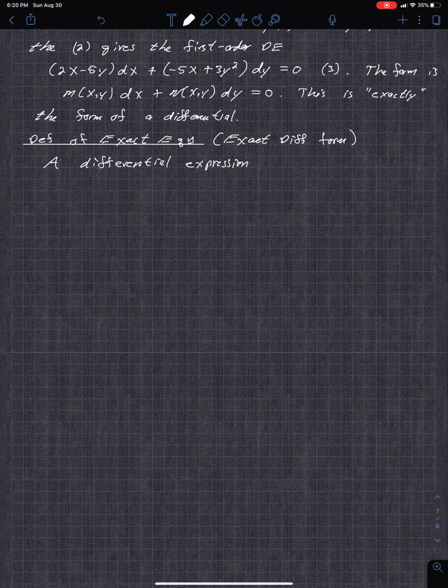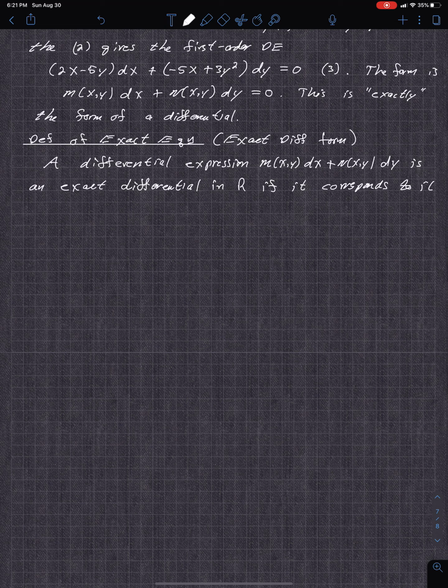So a differential expression, M(x,y) dx plus N(x,y) dy is an exact differential in R, so in a region R in the xy plane,